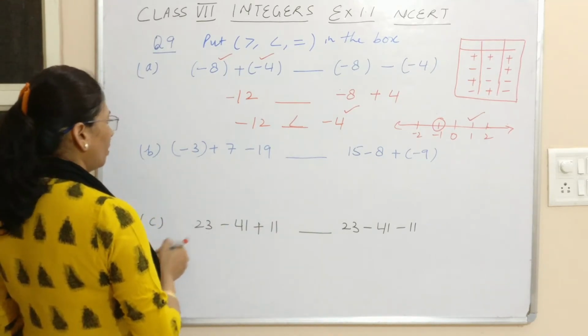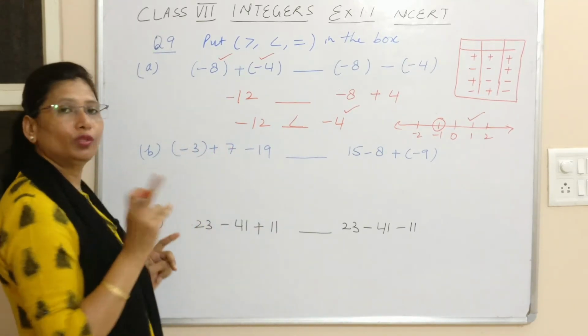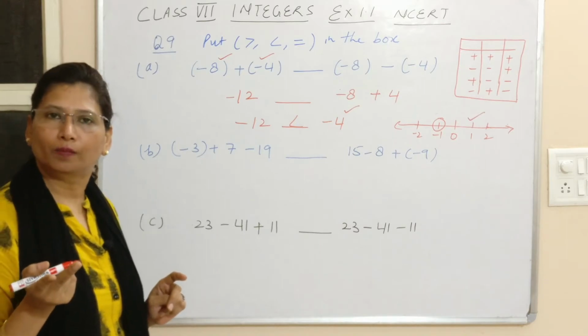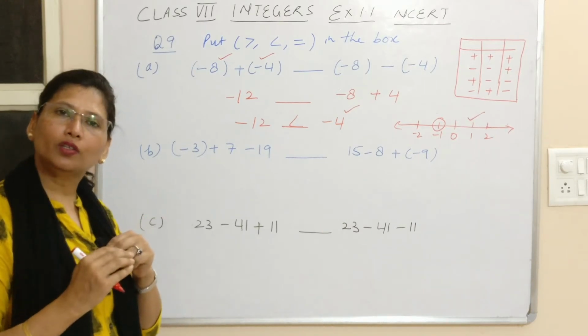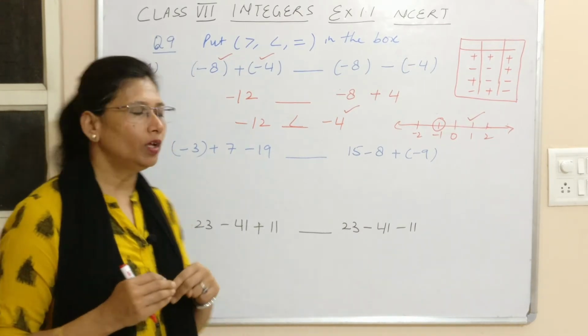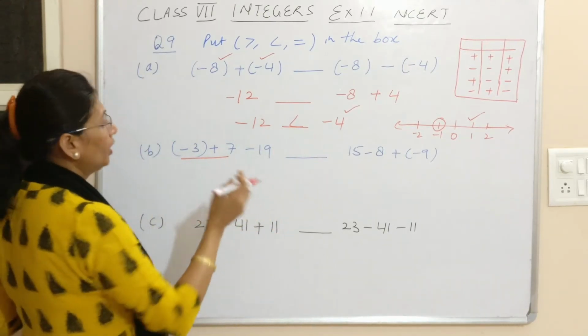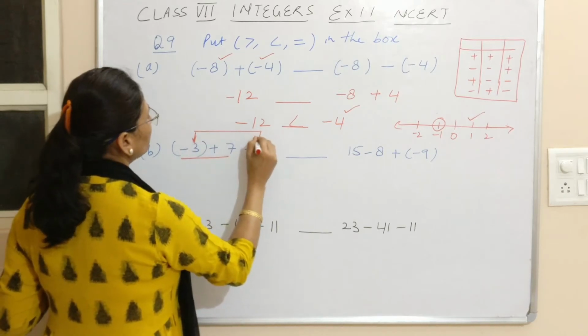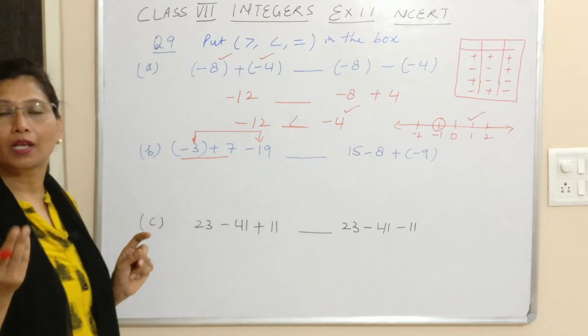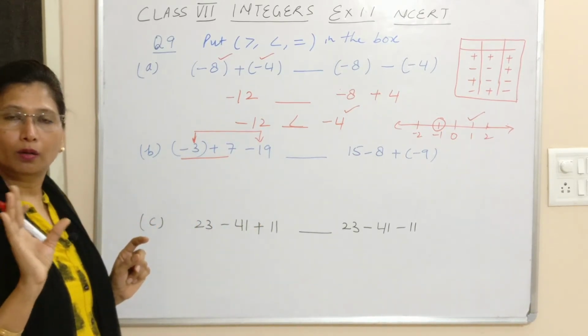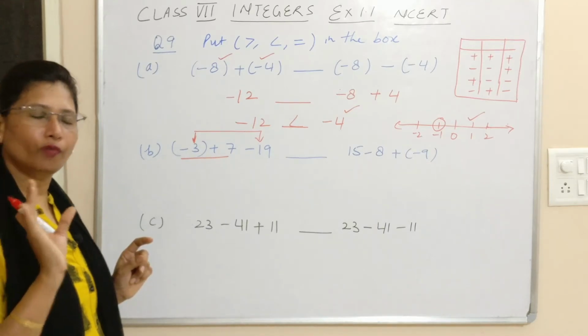Moving to the second part, here we have 3 integers on both the sides. We'll take 2 integers at a time. Clear? We'll pick up the integers which are easy for us to solve. Here if you can solve these two, no problem. If you can put these two together, no problem. That depends how better you can place a pair of integers.